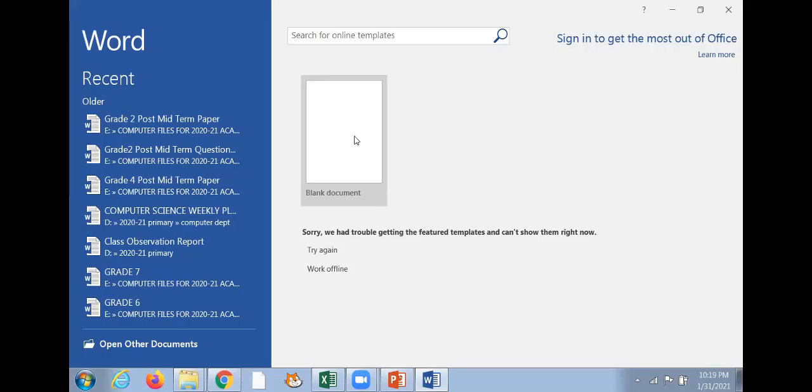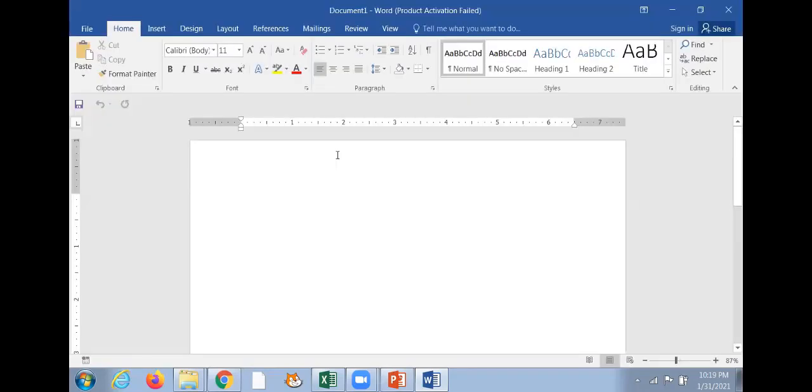So to create a document, you need to click on blank document. When you click on blank document, you see a window appearing like this on your screen. This screen is the Word Office 2016 page where you can create your text, you can create